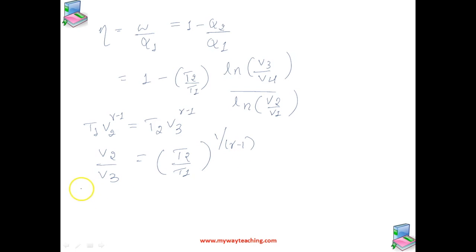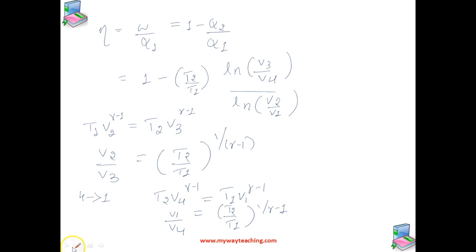Okay, and similarly if you consider step 4 to 1 is an adiabatic process, again we can write it as, so V1 by V4 is equal to T2 by T1 raised to,